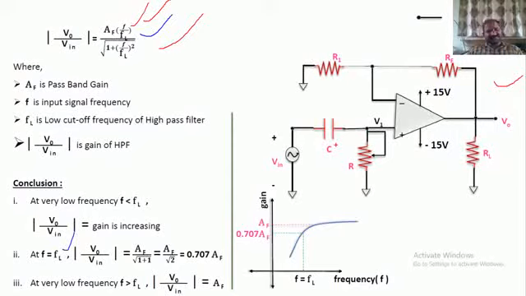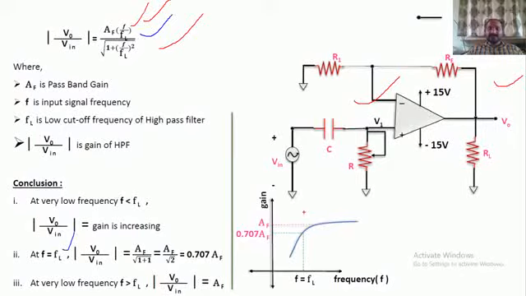1 by CS or SC, whatever the term you are taking. Okay. So in that one, the denominator becomes a second order equation. So that's why I can say that it's a second order filter. If we get only one S component, then it's a first order filter. So obviously we have only one CS. So that's why this particular filter is a first order high pass filter. First order active high pass filter.